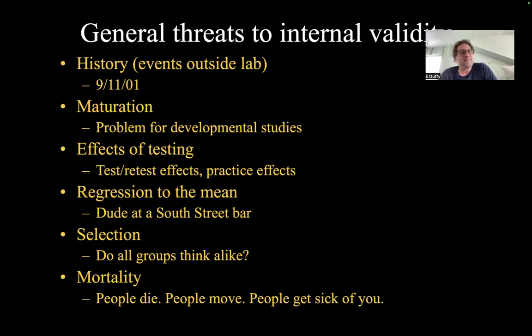The effects of testing. You know, if you take the SAT once and take it again, your score is going to be different on both tests. We call these test-retest effects. Most often people do better the second time they take the SAT because they're familiar with the test. But this is true for any study where you run people twice. Once people know what they're going to be asked or what they have to do, that's going to affect how